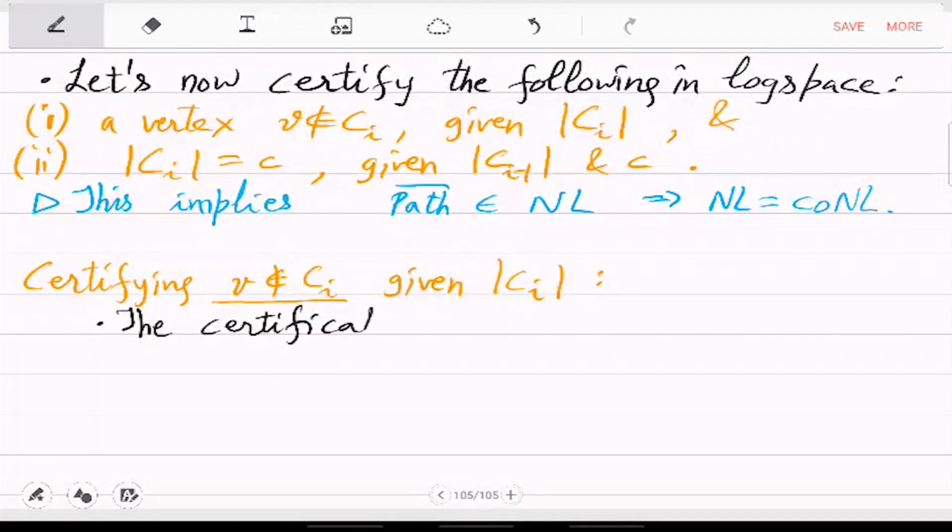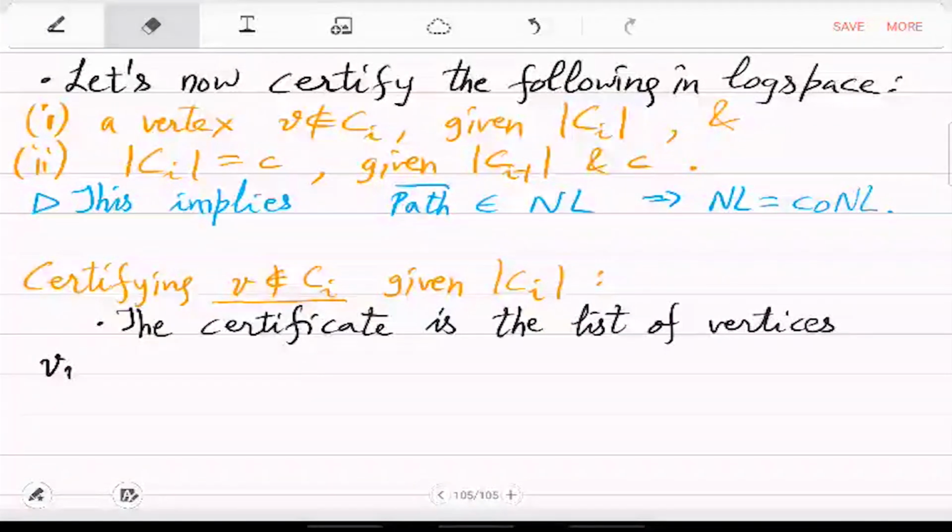So the certificate of unreachability here will just be: guess all the vertices which are in Ci. Once you have guessed them and verified them, just check that V is not there. So the certificate is simply the list of vertices